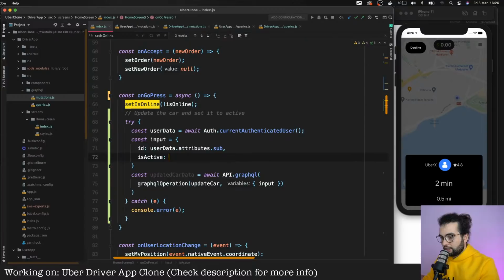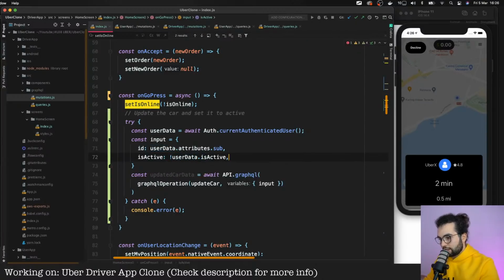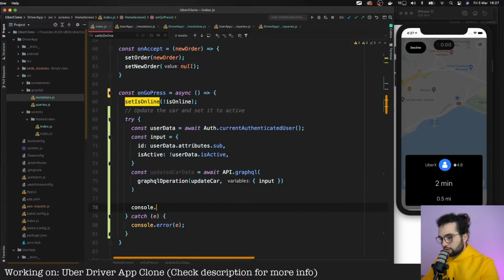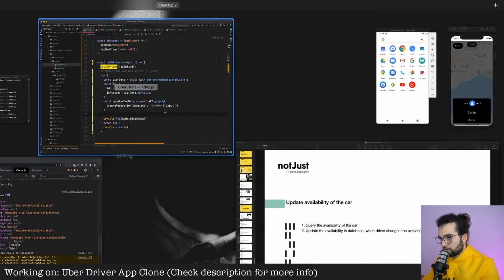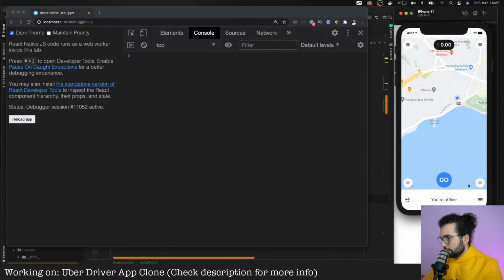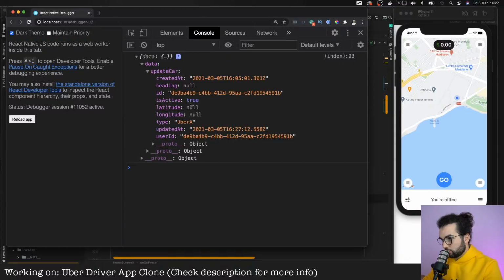We just invert the current userData.isActive. And after that, let's console log the updated car. Let's hope that it works and let's check it. Okay, let's decline this and let's press go. And updated car isActive is true.